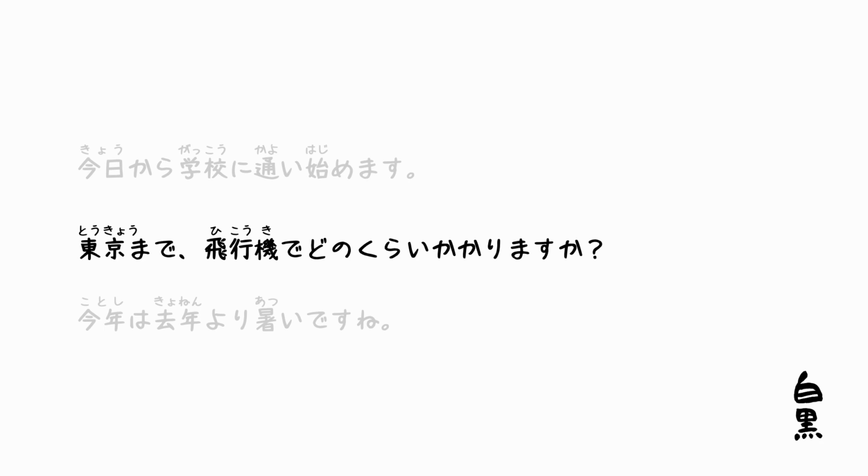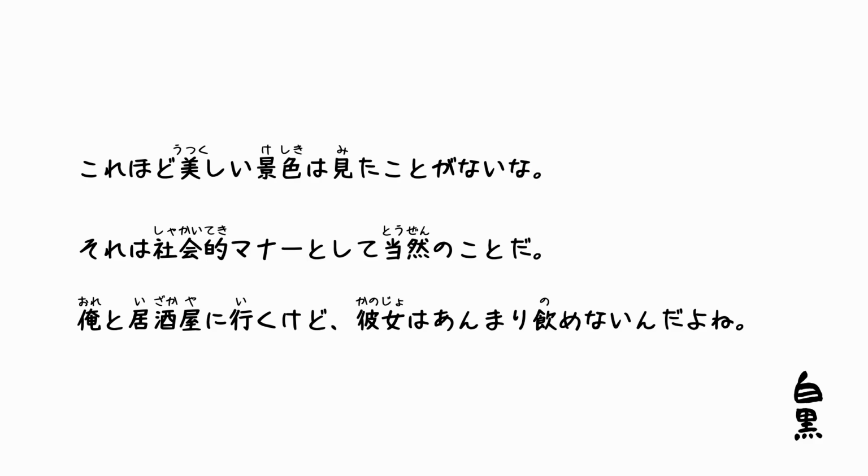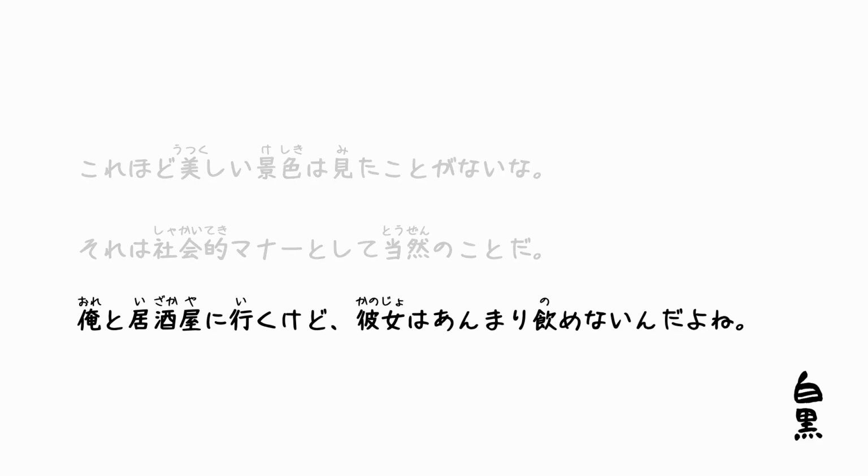Good. Let's continue. これほど美しい景色は見たことがないな。それは社会的マナーとして当然のことだ。俺と居酒屋に行くけど、彼女はあんまり飲めないんだよね。The と here is the odd one, right? One more dependent words like this usually follow the noun's pitch accent. Here, 俺, just like 私, is flat type. So, と should be high. 俺と。